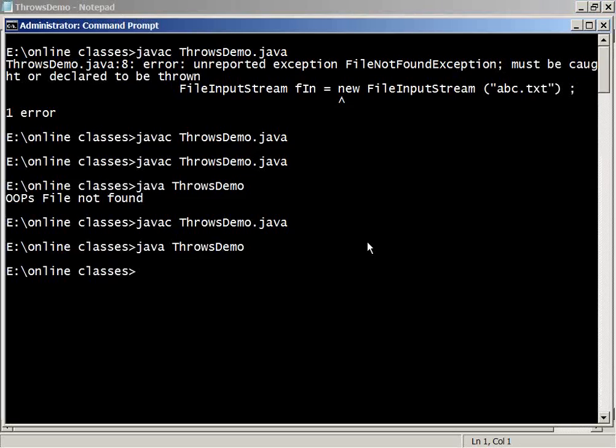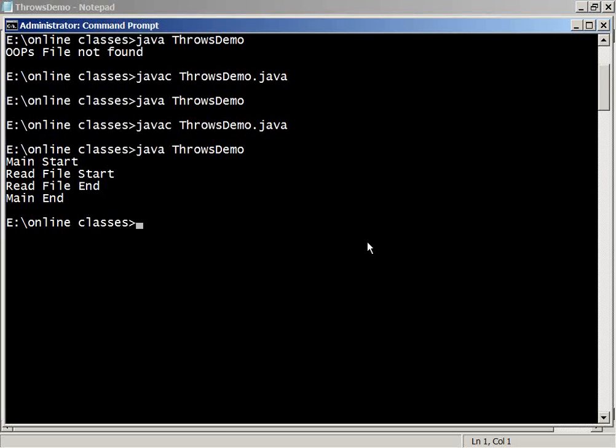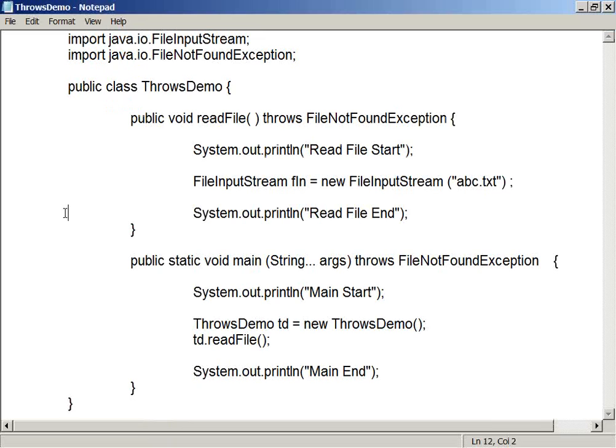Now see here. I have put some println statements in order. You can see all are executed, no exception. If there is an exception, your program will be stopped. Main start, read file end, main end. Why have these messages come here?